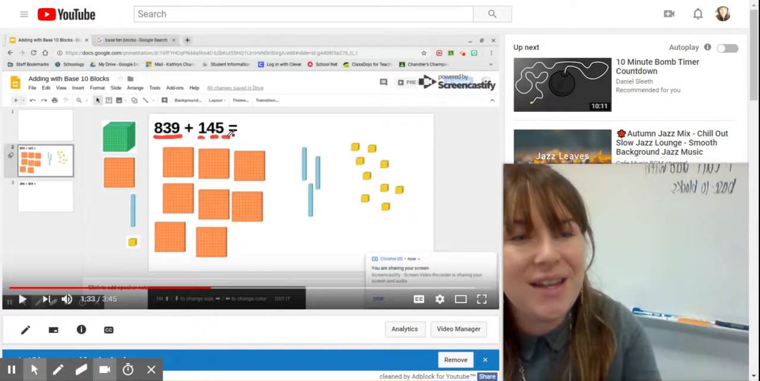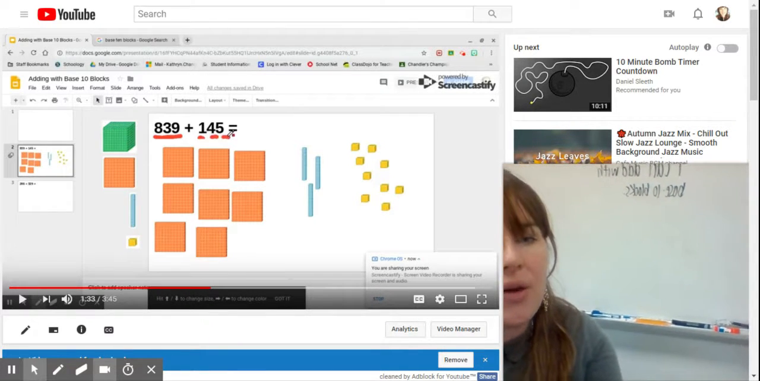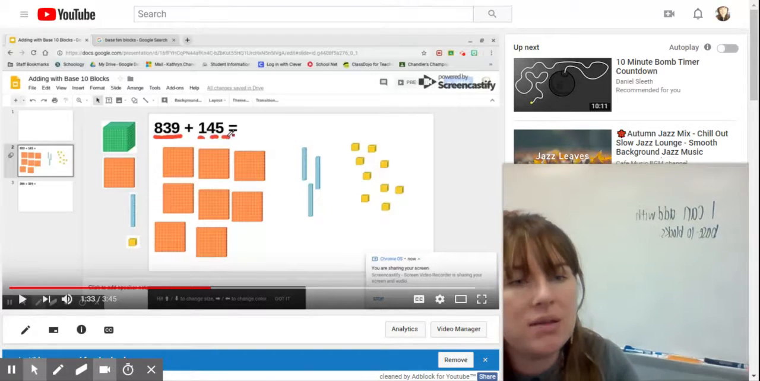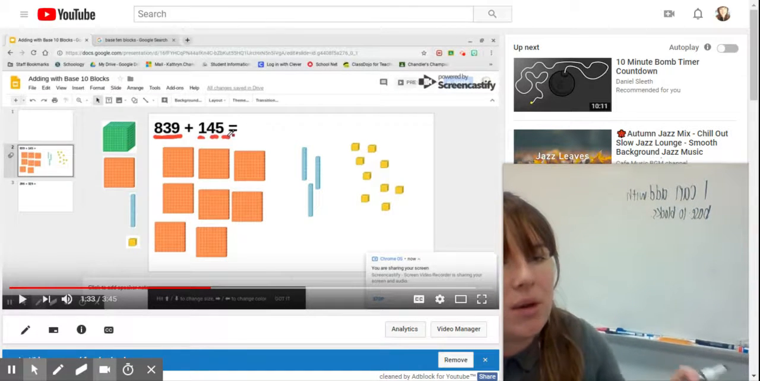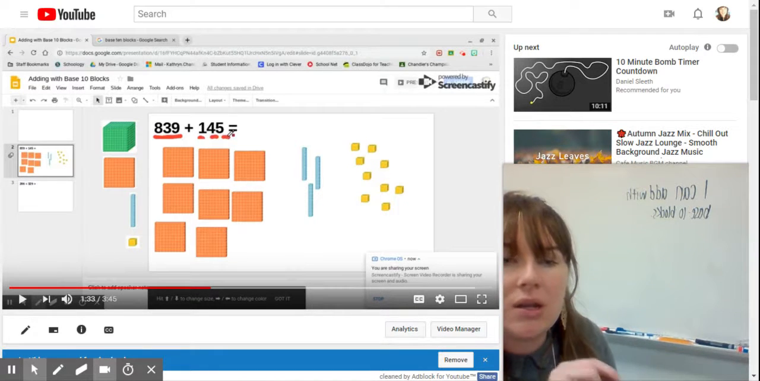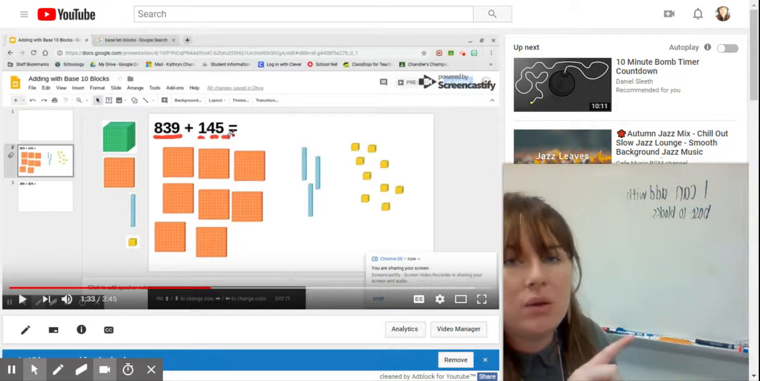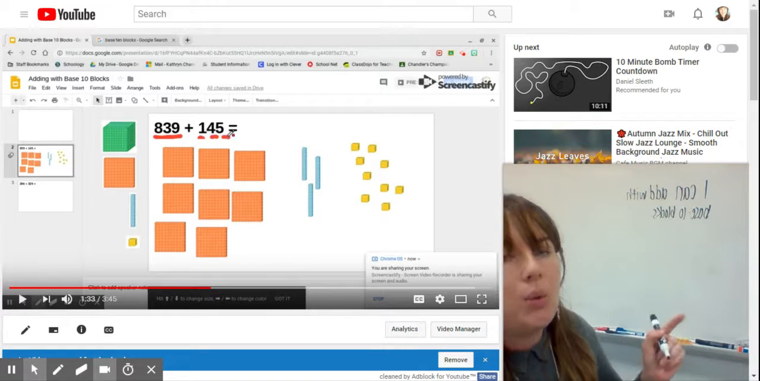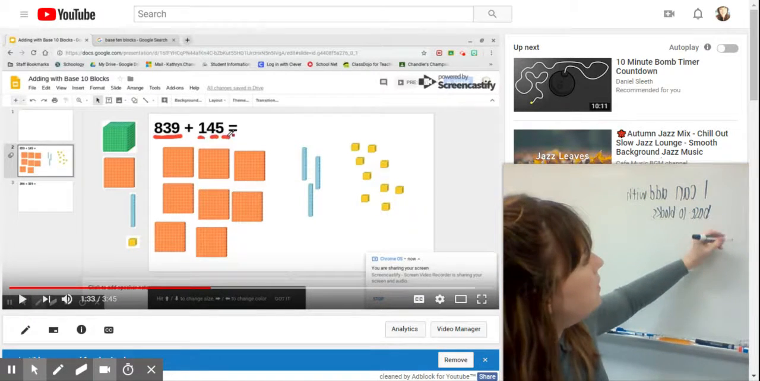Hey everybody, we're going to be looking today at how to add with base 10 blocks. So I have your I can statement up here. It says I can add with base 10 blocks. What we're going to do today is work on adding 3-digit numbers and then work on adding 4-digit numbers with our base 10 blocks. The first one I'm going to add is